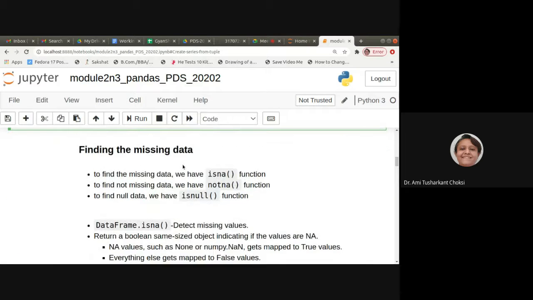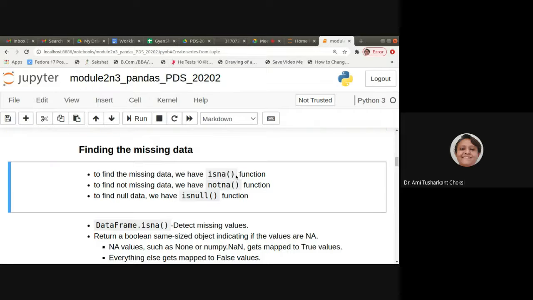Now how to find the missing data? For that we have the function isNA, which will show us the missing data if we have any. To find not-missing data, we have the notNA function available. To find null data, we have the isNull function.